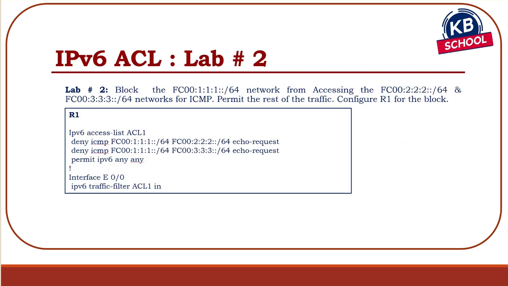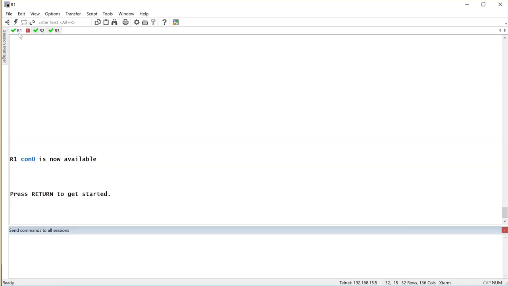I'm just building on top of it. Now, in this particular lab, I'm going to be taking a look at blocking the 1 network from accessing the 2 or 3 network, but specifically only for ICMP, and that is echo request. Permit the rest of the traffic, configure R1 to do the block. So I want 1 to be blocked from pinging the 2 and the 3 network using an ACL. So how do I go about doing it? Because it's specific to the protocol, what I'm going to do over here is go to router 1,